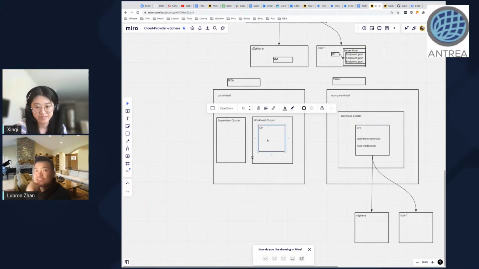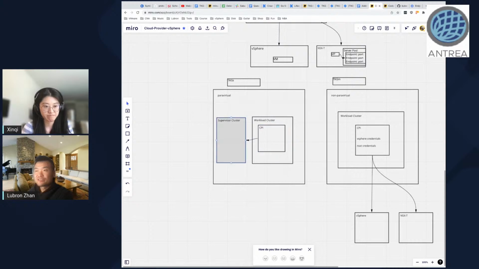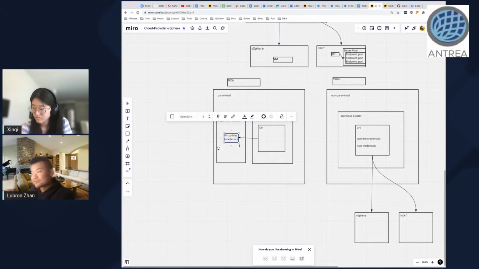And then the CPI. In this case, if you want to initialize a node or create a service type load balancer, you don't directly talk to vSphere or NSXT. You have specific permission to provision specific resources inside the supervisor cluster. Let's say you can provision a virtual machine service. So if you want to create a service type load balancer, you provision a virtual machine service, which is a CRD inside the supervisor cluster, and then